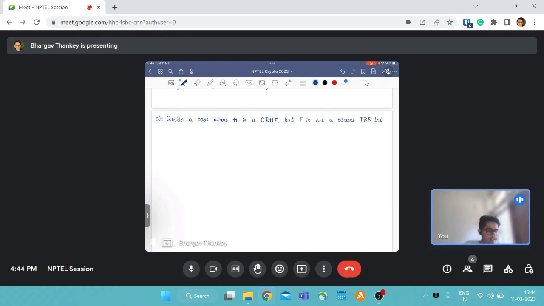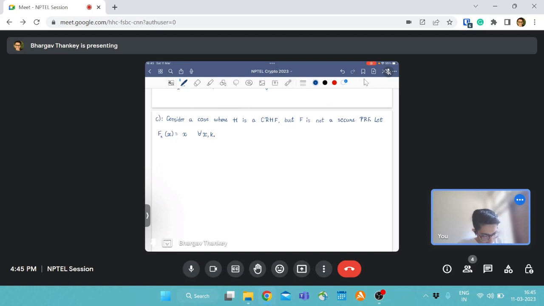So all we need to do is show that for one particular keyed function F, F prime is not a secure PRF. So here's what we can do. Let F be this, X for all X, and this F defined like this is a valid keyed function. And in this case, we'll show that F prime cannot be a PRF. Why? Because